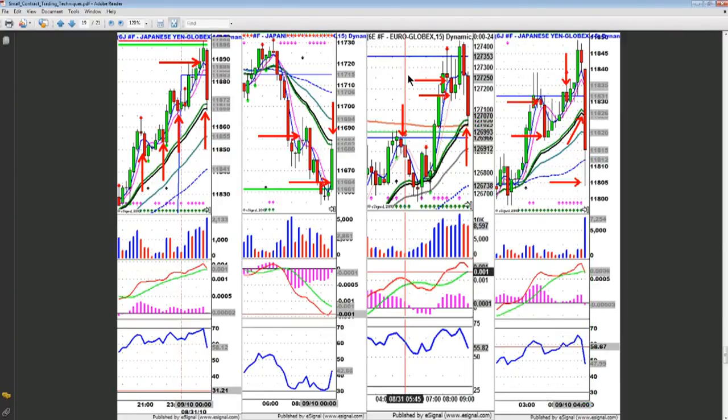If you're a small contract and or junior trader, why in the world would you take a trade up here if your support is down here? This is support, but it's smaller support. Fast and slow speed line support is smaller than a 15-minute 20 period moving average. See what I'm saying? So the point being is, here people are junior traders trying to jump into trades